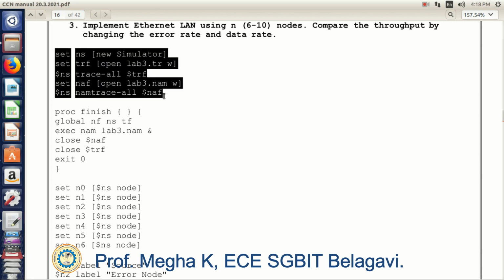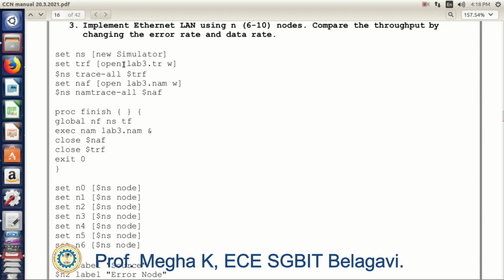Where you need to first define a simulator class. The main class of the NS2 code will be the simulator class, followed by defining the trace file and animation files. The animation file is used to visualize the output and the trace file is used to trace the output. Yes, so I am using these files.